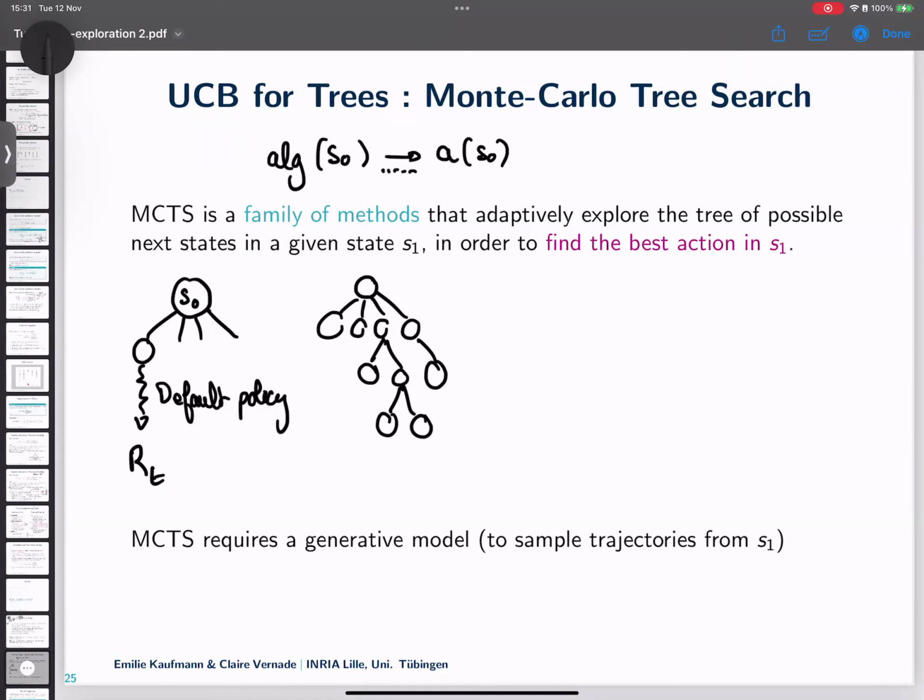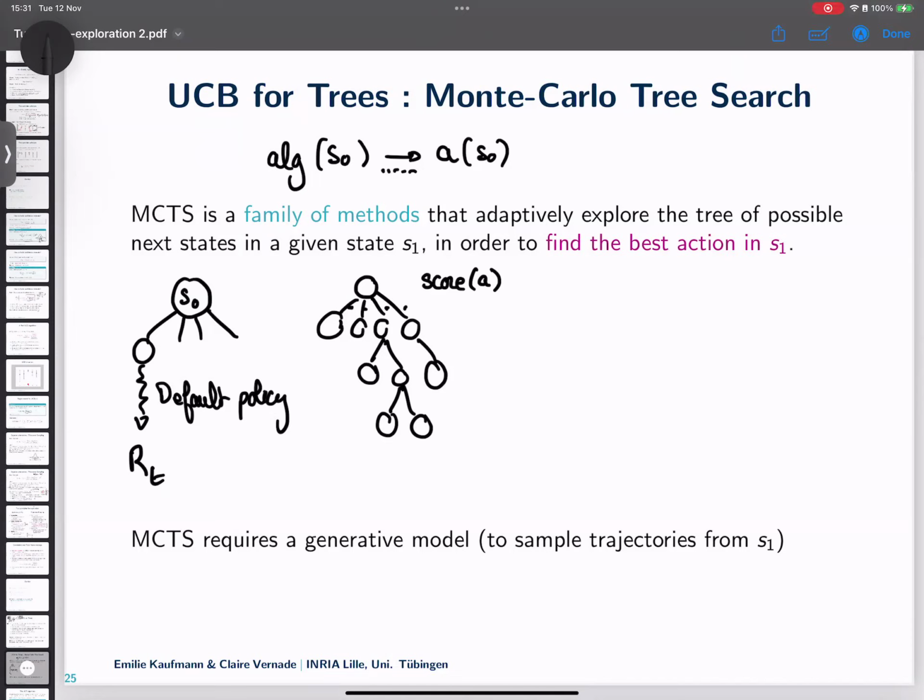Now I want to know where I explore next. So for each of these actions here, I'm still maintaining a score. I'm going to call it score. So for each of the actions, I maintain the score, which is basically an empirical estimate of how many times I win when I play this action.